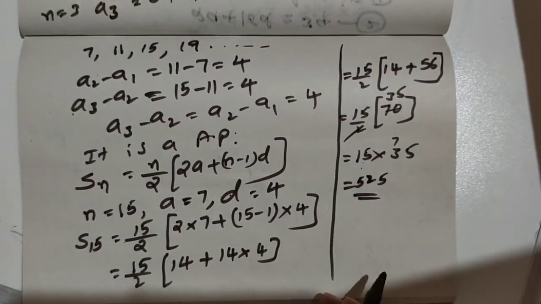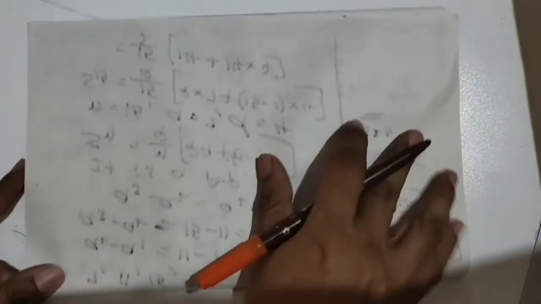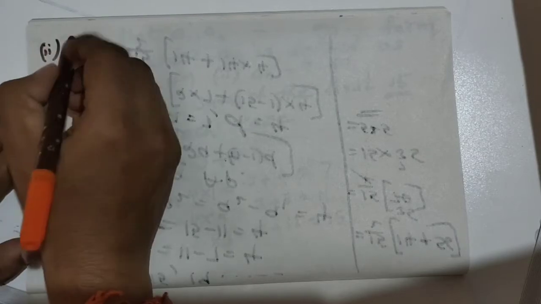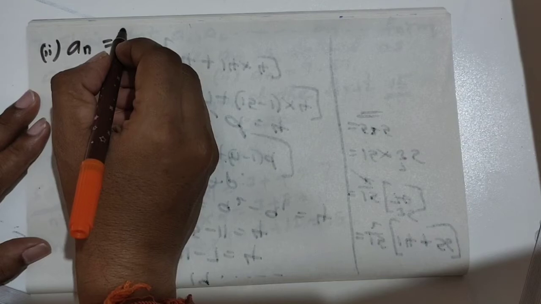Okay, children, so like this way we can write the second one. Let us see. So in a similar way, children, you also practice along with me. Okay, as all of you know, next the second one is